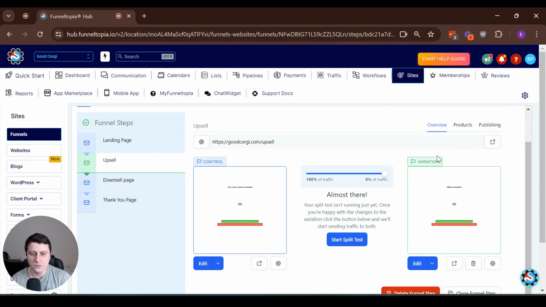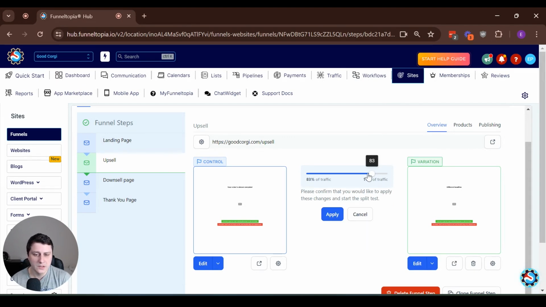But as for a couple more things over here, you want to split this at 50-50. Logically, you want to have equal amounts of traffic, and then Funneltopia will decide for itself. Like if it has shown this page to 3 people, okay, let's show this page to 3 people, right? So it's going to keep split testing it automatically. You don't have to do anything. So let's click apply